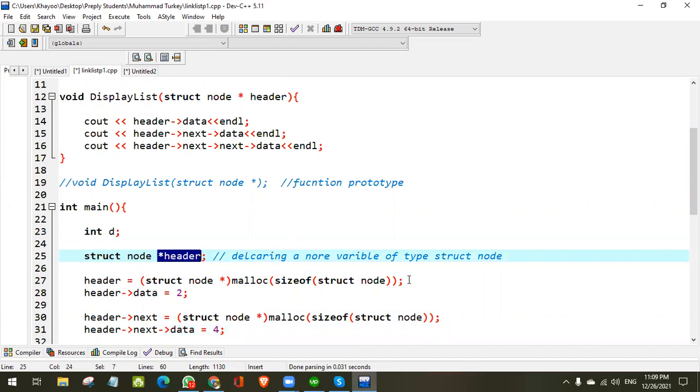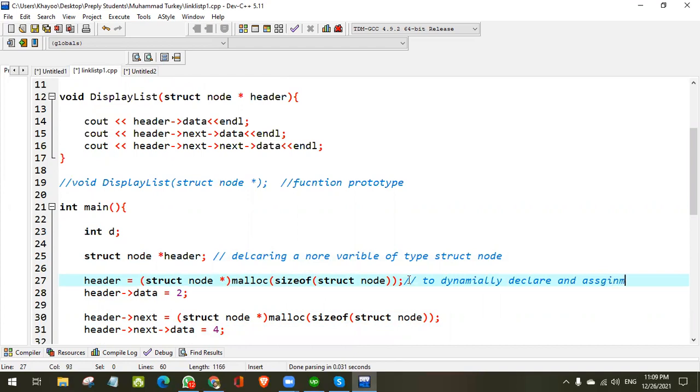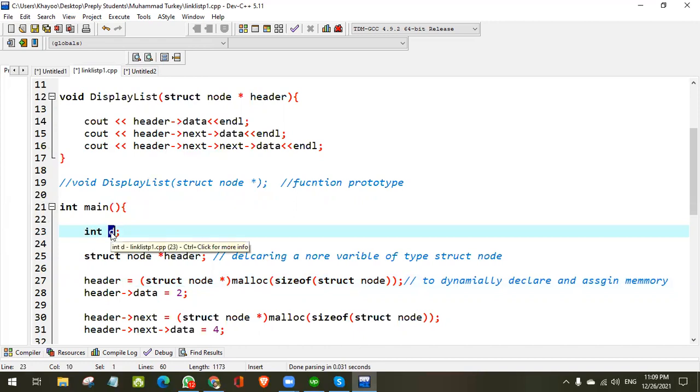So we will use this function. This is a function to dynamically declare and assign memory. This is a special type of function in C++, because like we have defined here int a, when this is declared, 4 bytes are allocated before the execution of the program.